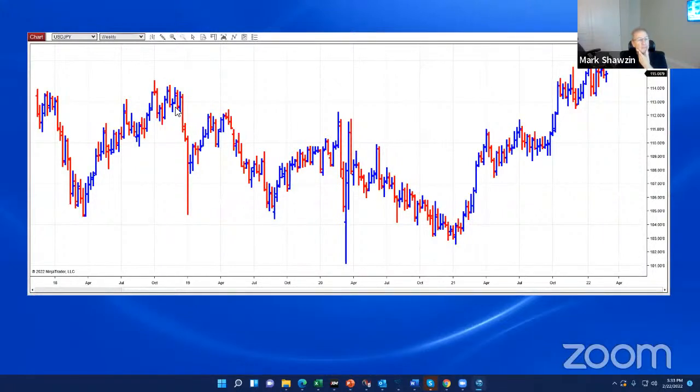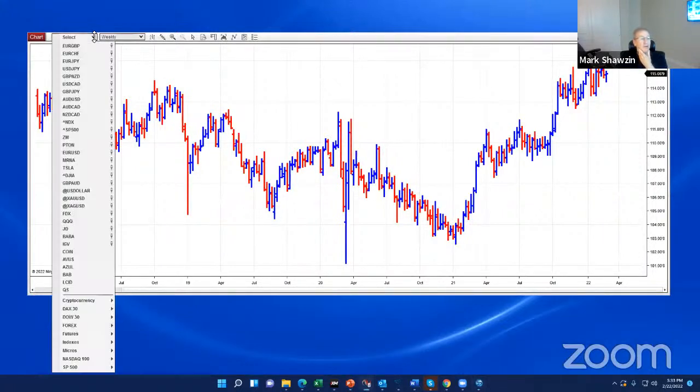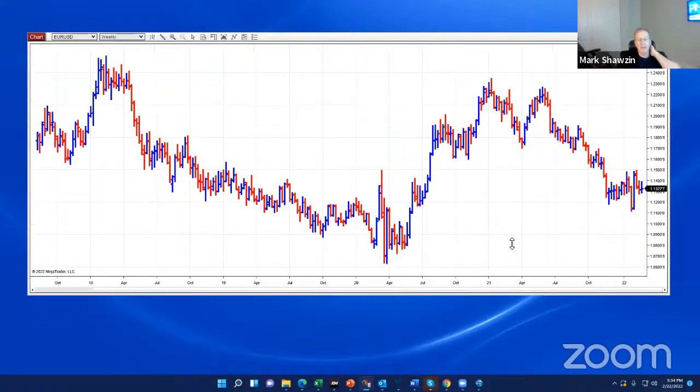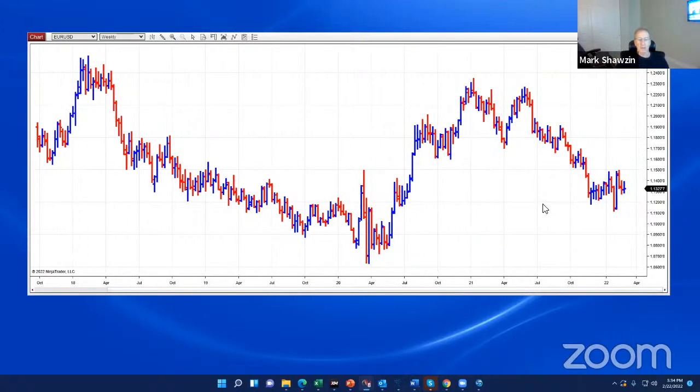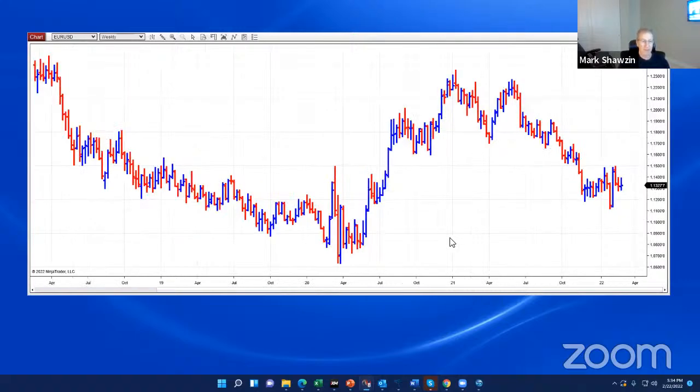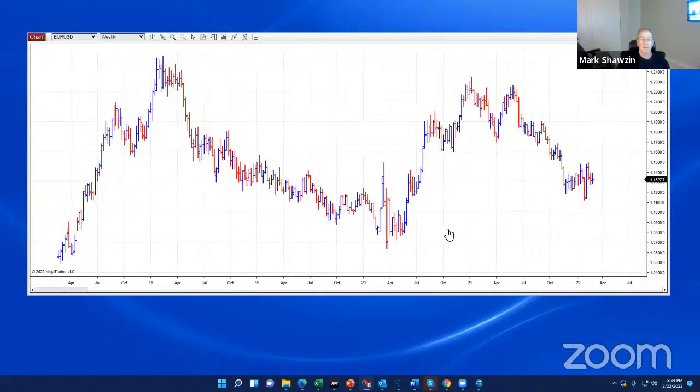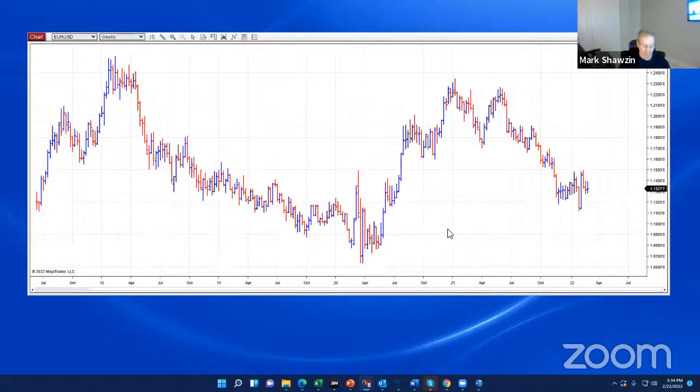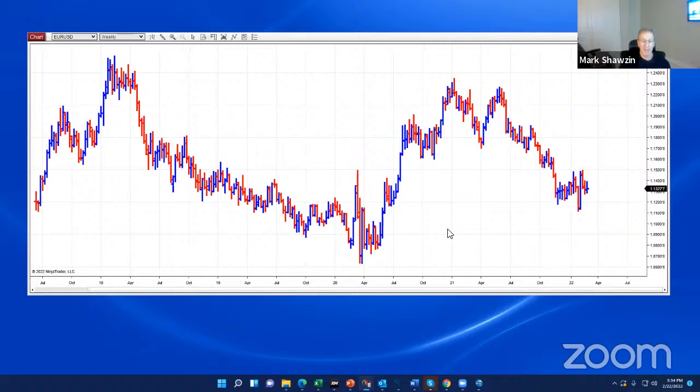So let's look at the euro versus US dollar. I haven't really been trading the dollar a lot. It's just gone into a sideways funk. But again, I apply all of my same things to any chart. So this is the euro. There's actually two time frames where it looks similar, and whenever I get two looks the same, I get a little bit nervous that they're going to play out in the same way.